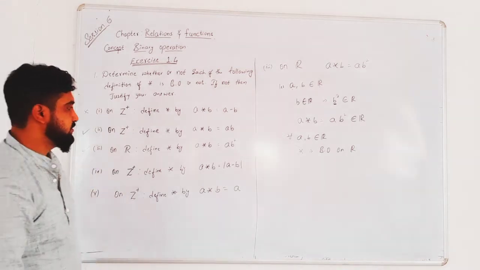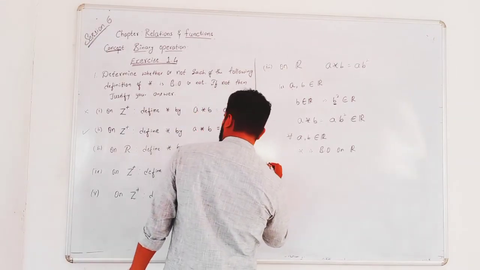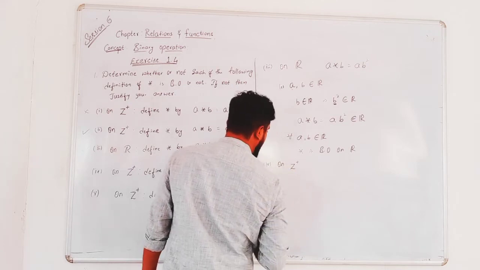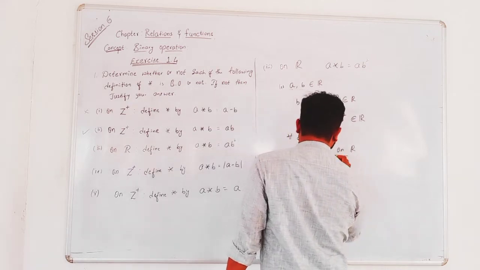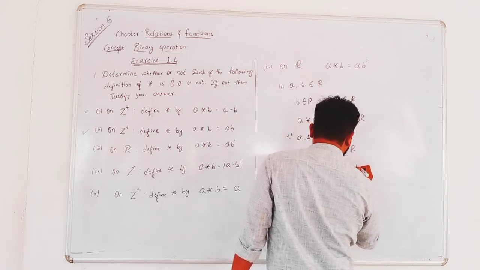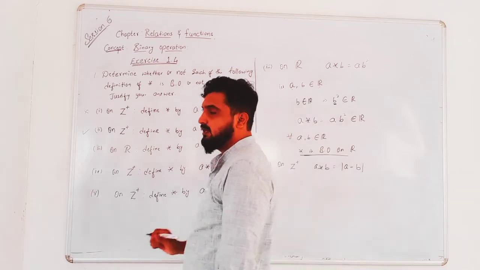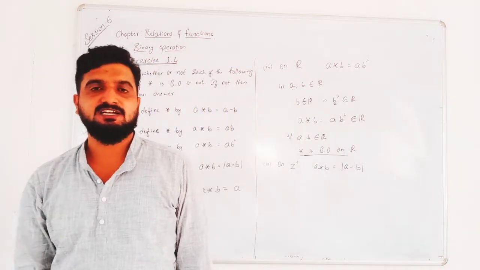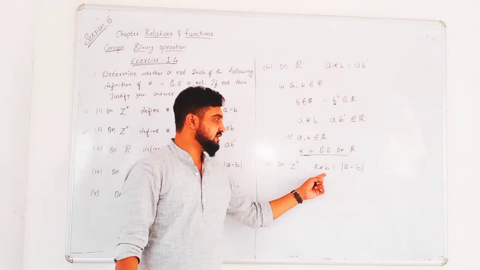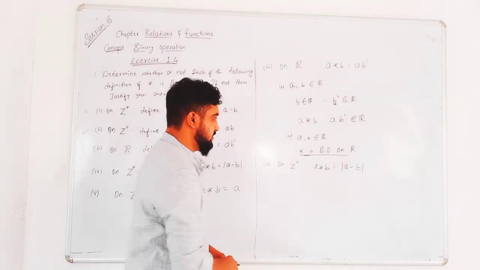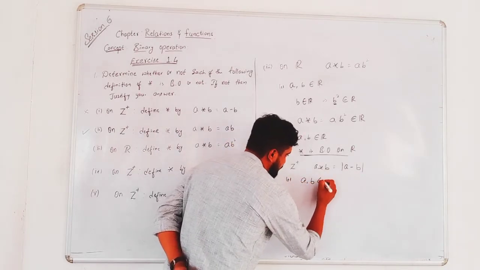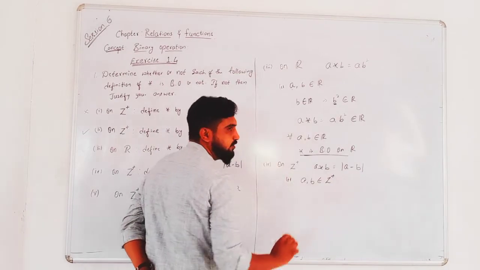Let's see the fourth one. The fourth one is on Z plus. On Z plus, A star B is defined by modulus of A minus B. Again the set is Z plus, which is the set of all positive integers. So on the set of all positive integers, A star B is given by modulus of A minus B. So let me choose two numbers, A comma B belongs to Z plus, that is A and B are positive